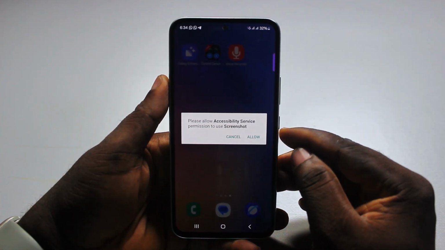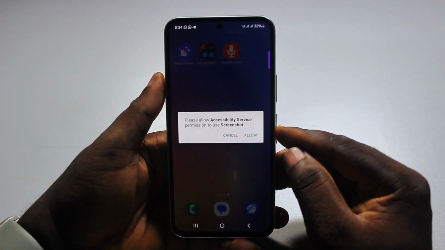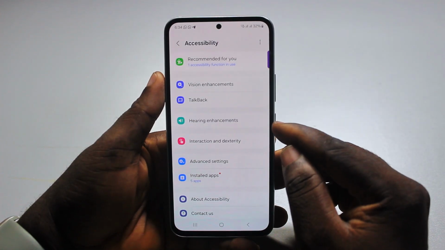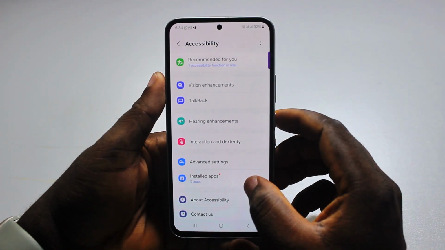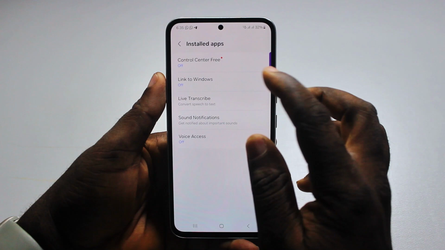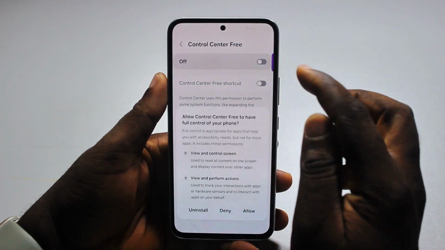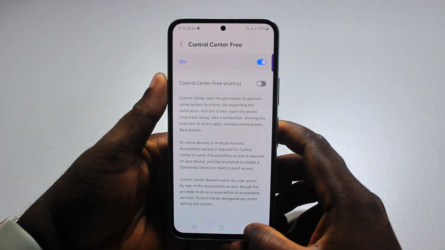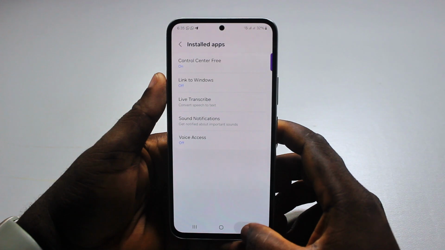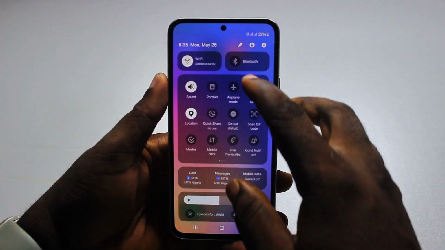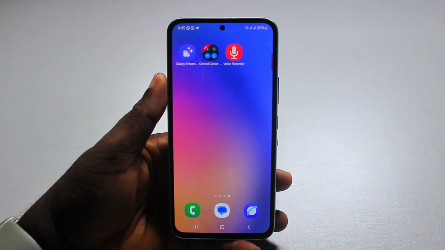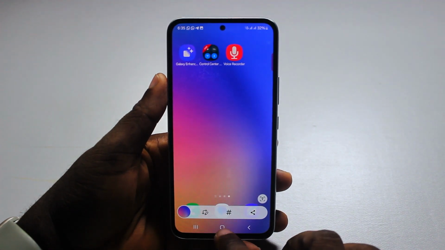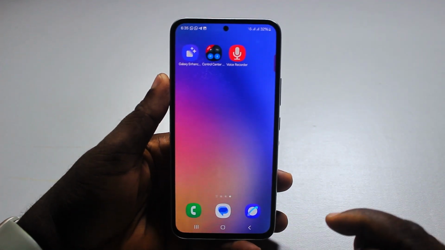Once you click on screenshot, it says, please allow accessibility service permission to use screenshot. Click on OK. Now, here, you need to allow the accessibility permission to use screenshot by clicking on installed app. Click on Control Center free, turn on Control Center free, click on allow. And then, go back again and open your screenshots. And you'll be able to take the screenshot like that. You see that? So that's exactly how to add screenshot or screen record